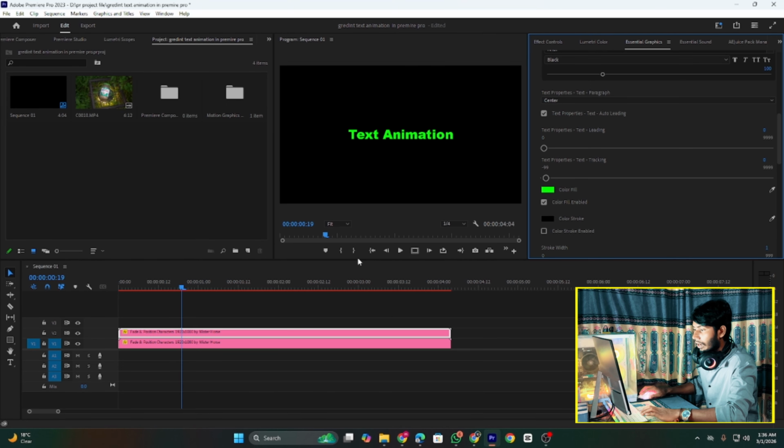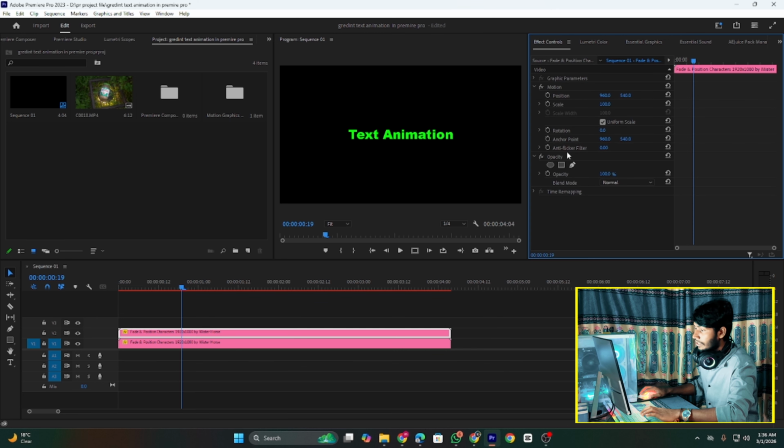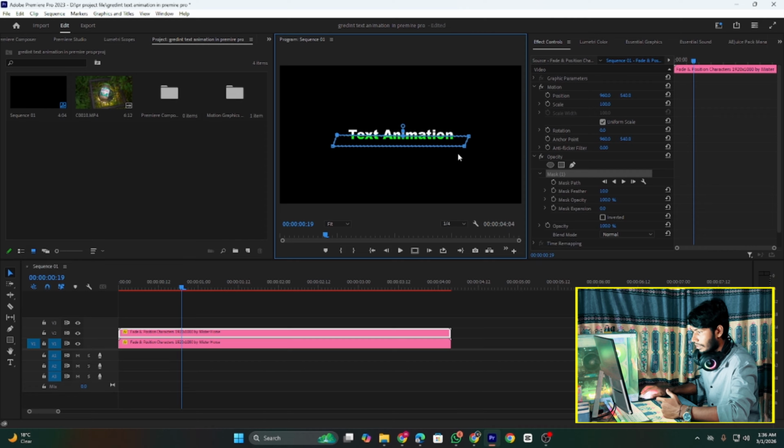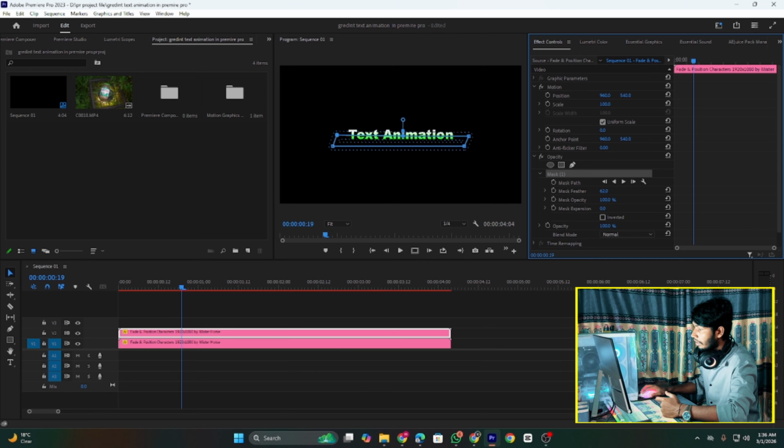Then go to the Effect Controls and create an opacity mask. Click on the free draw Bezier tool, create a mask according to the text and increase the mask feather. Now your gradient text is